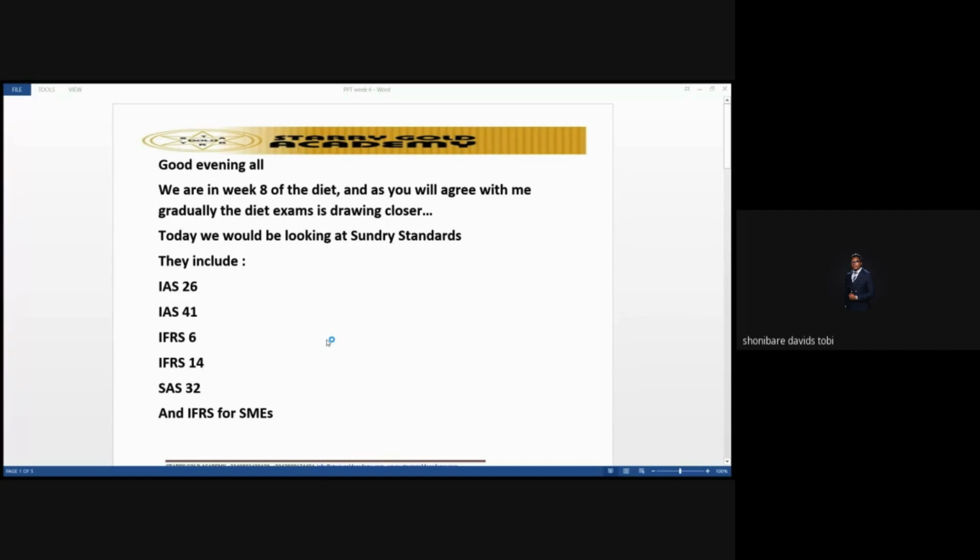Now, when we are looking at agriculture, IAS 41, we consider the cost to sell, right? Which talks about the incremental costs that are directly attributable to the disposal of an asset, including the finance cost and even the income tax, right? I will also talk about this later, because at times, even after the produce are ready, we'll still incur some costs on those particular produce. So we'll talk about it.